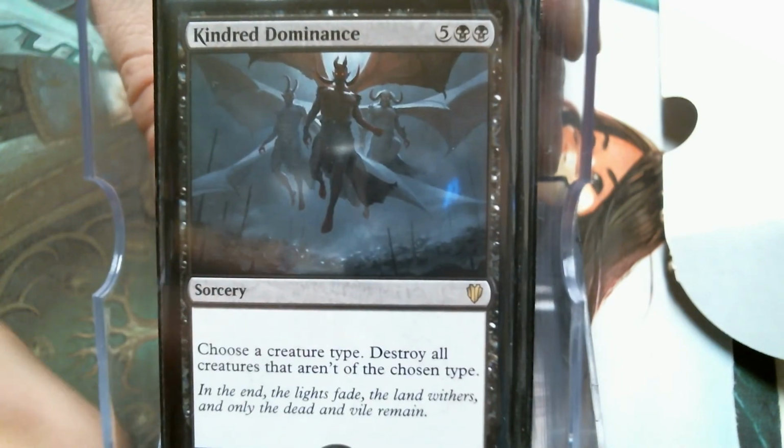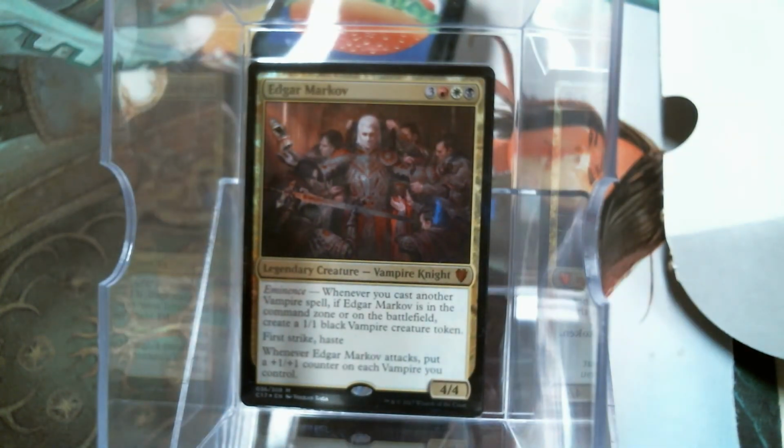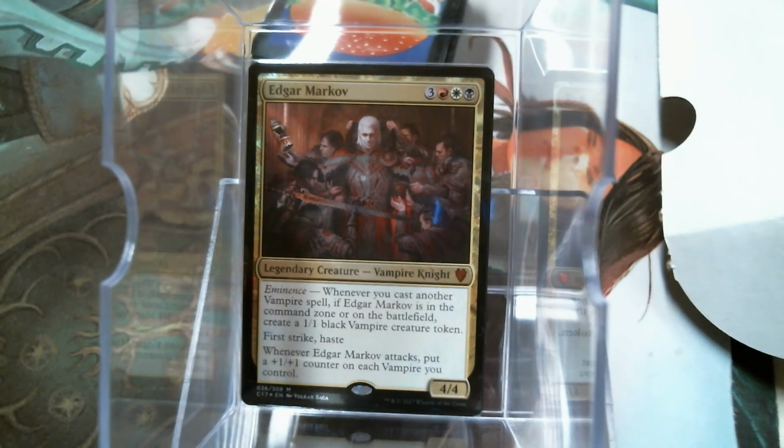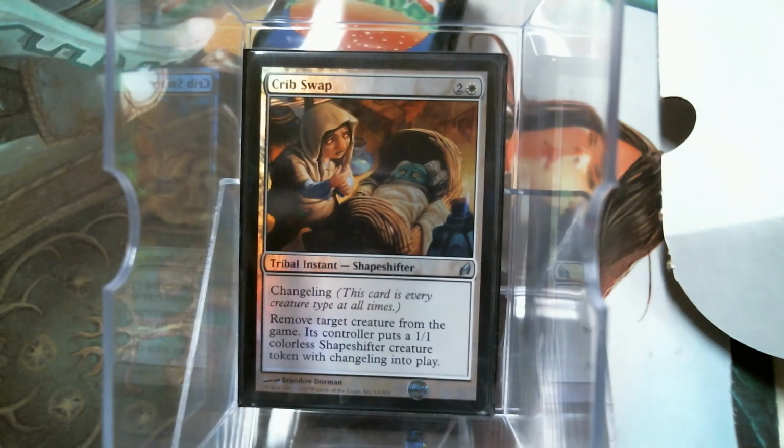Oh, by the way, I've got 2 cards left. And I want to go back, just 1 minute, to our fearless leader, Mr. Ed. Okay. Mr. Ed says, whenever you cast another vampire spell, it's not a huge synergy, I get it, but I looked at all the changeling things, and there again, for tribal, I try to use the changelings because it seems a lot of cheaty face, but the spells I don't have a problem with, and the only 2 I settled on were Nameless Inversion and Crib Swap, because